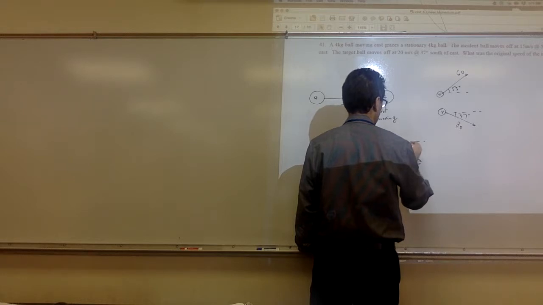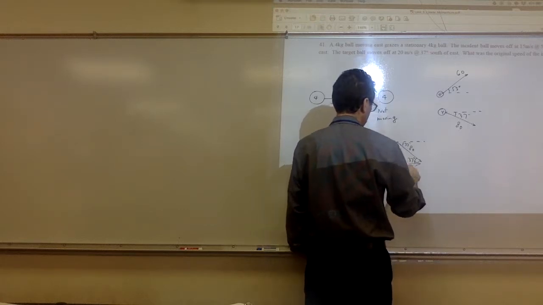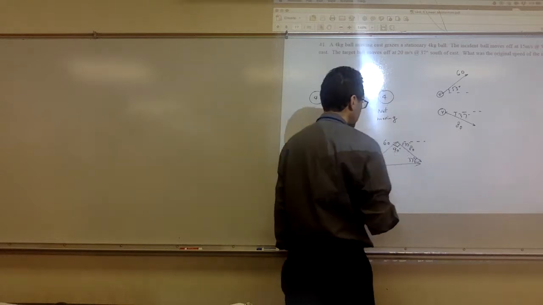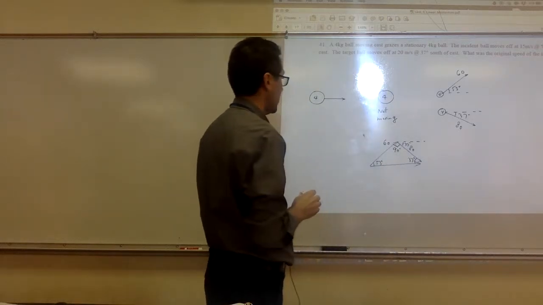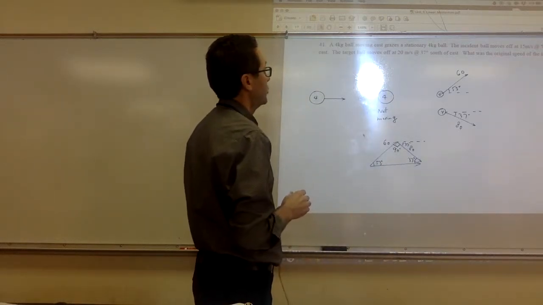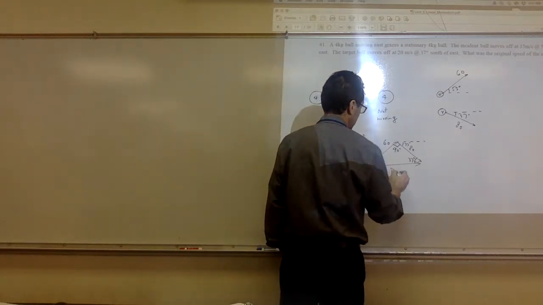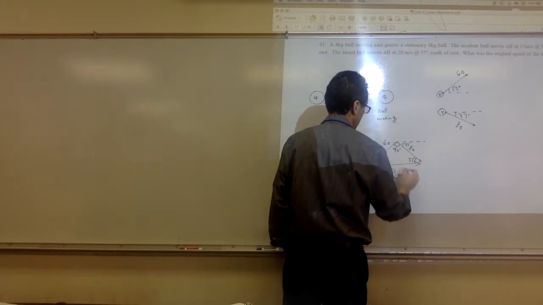This angle here is 37, which makes this angle here 37, alternate interior. So these two add up to 90, which means this is a 90-degree angle. Now it makes it easier because now it's just a right triangle, and you should know how to deal with this. Okay, so now if you want to find this momentum here, which is the initial, and also it's the